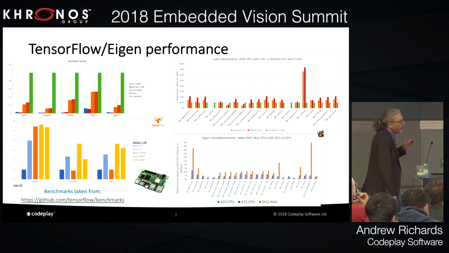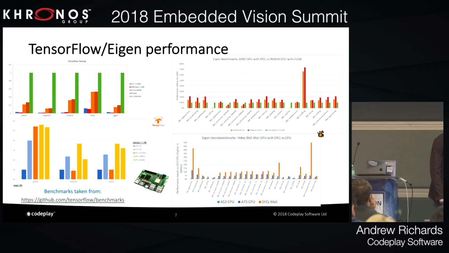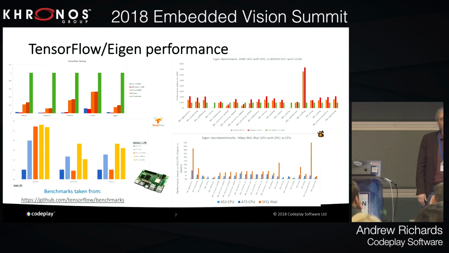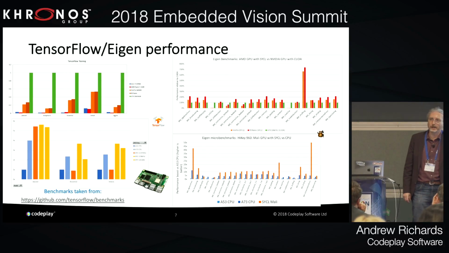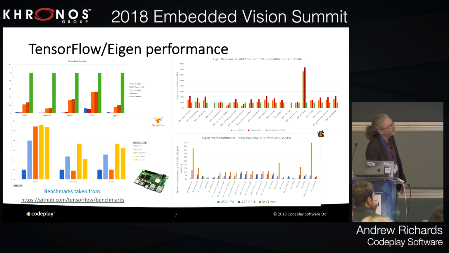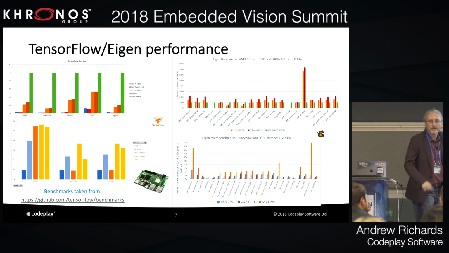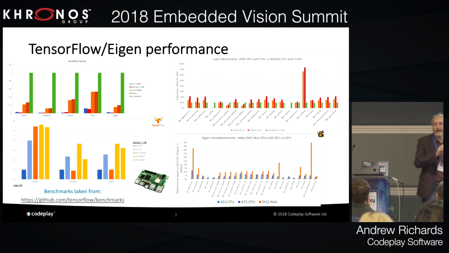So where we're falling down on performance currently is on the matrix multipliers and the convolutions, and that's not a compiler issue, so that's nothing really to do with SYCL. It's not a SYCL feature. My next slides are going to explain how we deal with that. But in terms of SYCL as a programming model, actually we're beating CUDA on an NVIDIA GPU. What we are not beating is the hand-optimized assembly of cuDNN and cuBLAS,